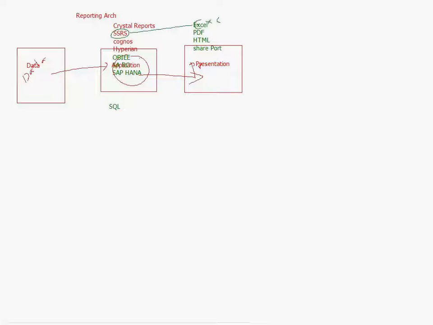You said most people are using Microsoft Windows. What is Visio? Visio is not a reporting tool. Visio is a diagrammatic tool.